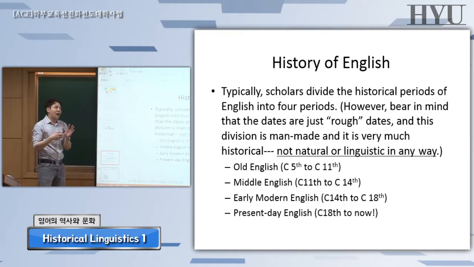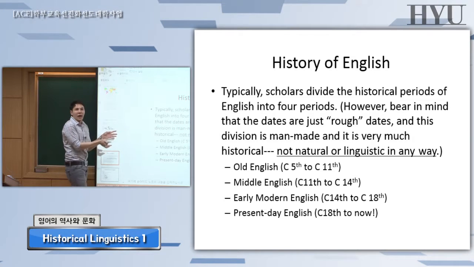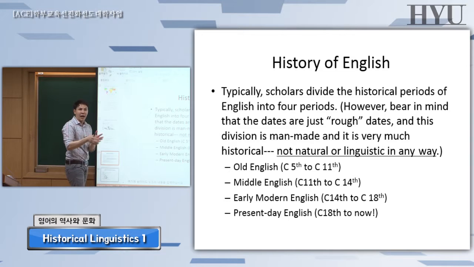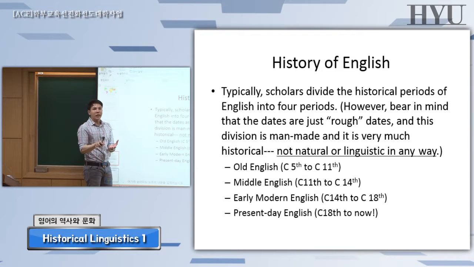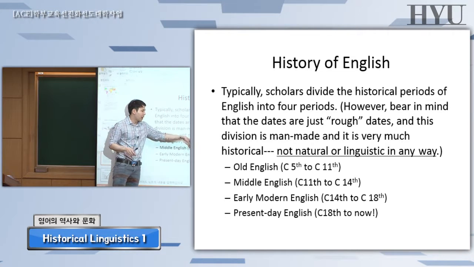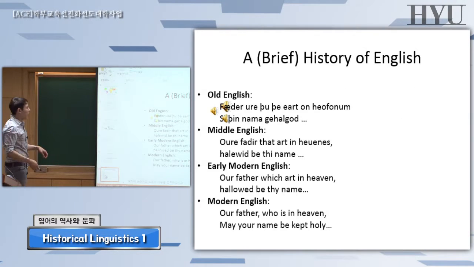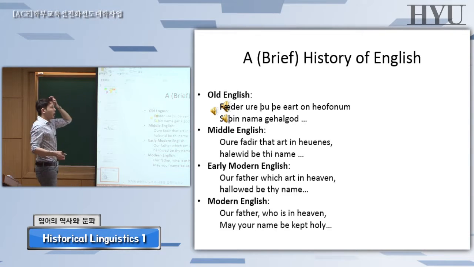So just take these names, these periods, as convenient terms rather than any natural or correct way to call them, okay? They are just artificial names, and not all people agree on the same starting date and ending date. There are some historical reasons that have to do with what happened in history, but reasons that are not linguistic or natural in any way, that's why people divide Old English at the end of the 11th century. So let's look at the first 2 lines of the Lord's Prayer in Old English,